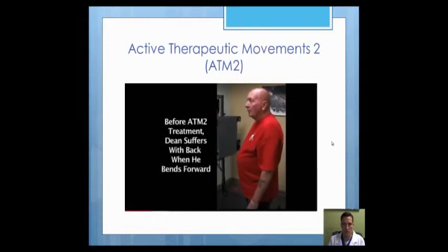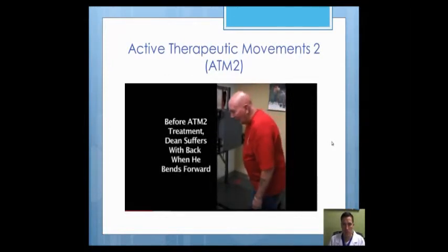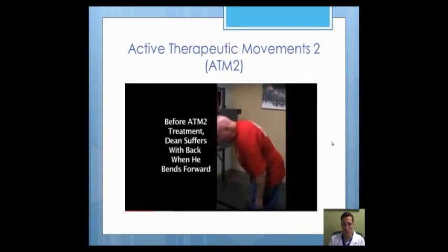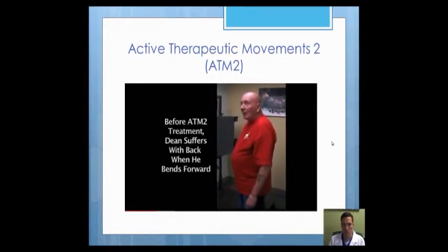So this is Dean. He's having some back pain today, and show us how far you can bend forward without hurting. It's starting to, now it's bad. So now it's bad. Okay. Now it's real bad. Alright, so now we're going to use the ATM2 on you, and then we're going to see what happens, okay? Okay. Alright, so